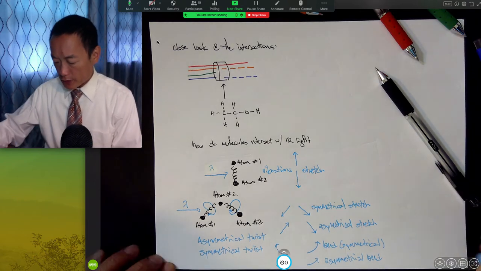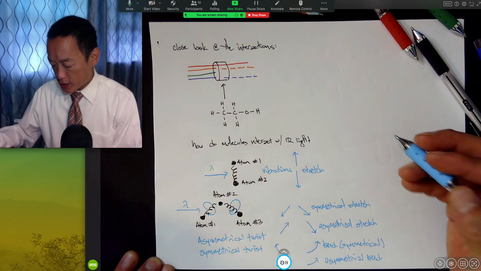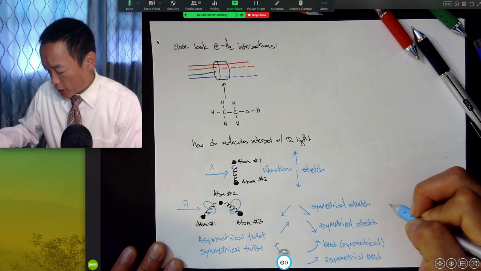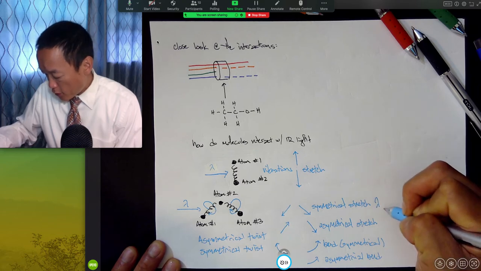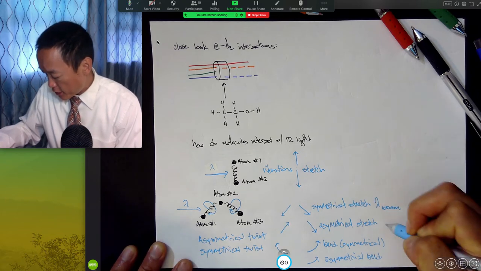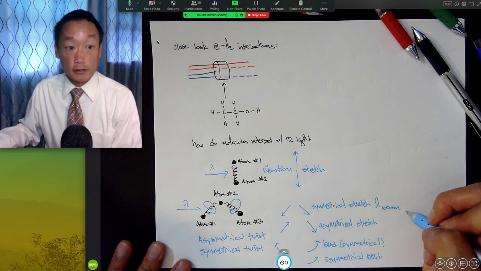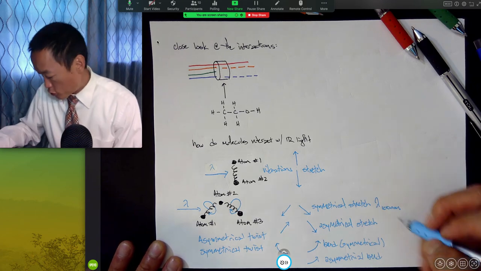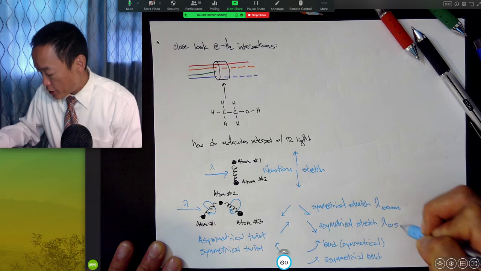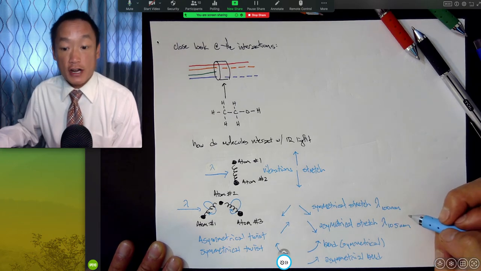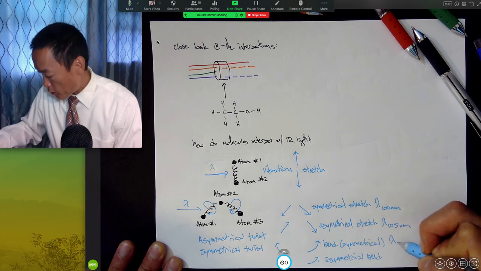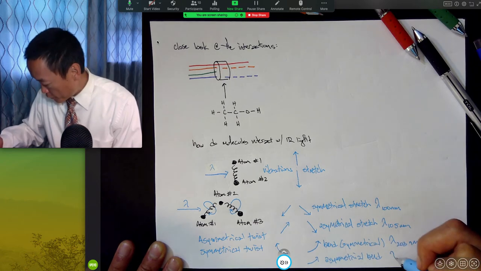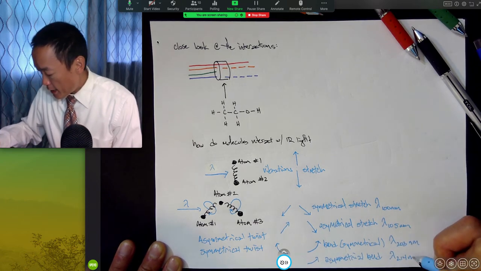And I've done kind of a disservice here because I've suggested that this one wavelength could make any of this happen, but what I would really want you to understand is that maybe this is like wavelength 100 nanometers, and this is like, and that's not even remotely close to the right wavelength. But I just want to show you that the energy required to get a symmetrical stretch would be different than the energy required to get an asymmetrical stretch, which would be different than the wavelength of a symmetrical bend, which would be different than the wavelength of an asymmetrical bend.